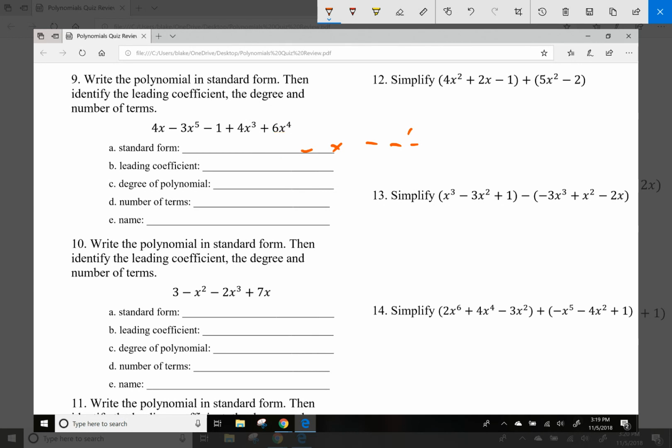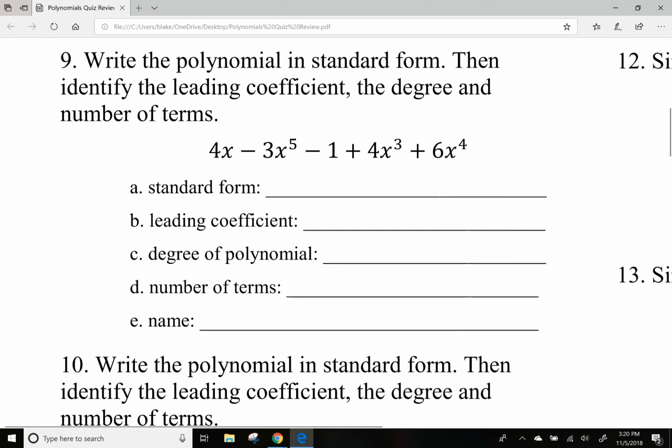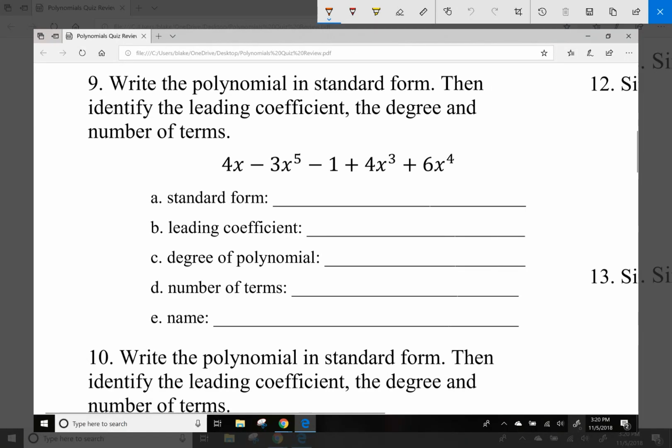So let me write that again. Let me see if I can clean that up a bit. Let me zoom in a little bit on that particular problem so I have a little more space. So yeah, it'll be -3x to the 5th plus 6x to the 4th plus 4x to the 3rd plus 4x